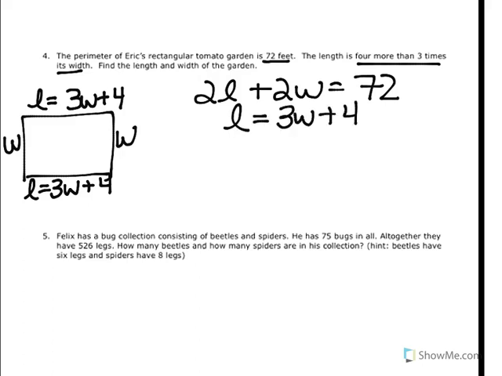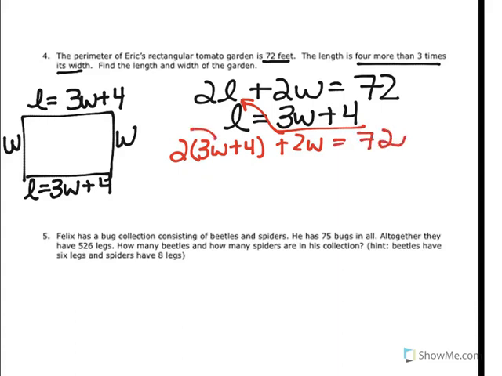And what do you think is the easiest way to solve this one? Well, I think that would be substitution, because we already have L equals, and all we have to do is plug that in for L in this equation. So I'm going to do 2 times 3W plus 4 plus 2W equals 72. Now let's distribute, and I get 6W plus 4 plus 2W equals 72, and that's 8W